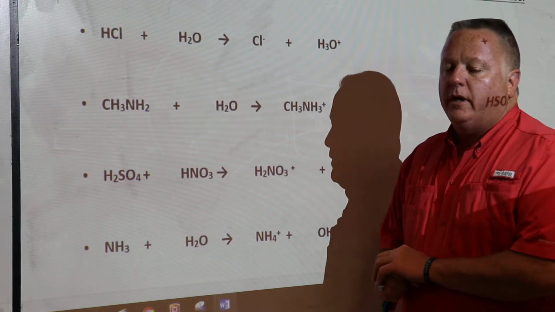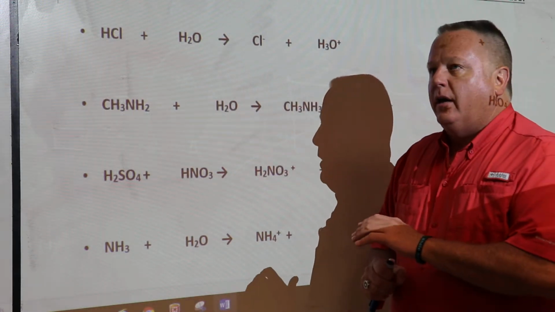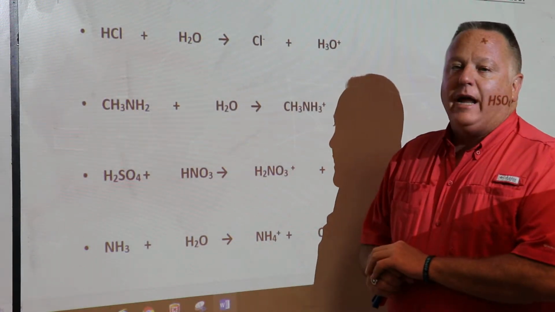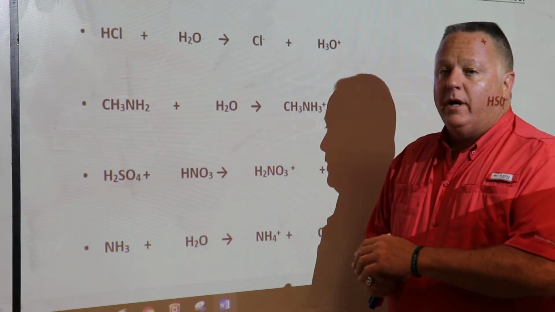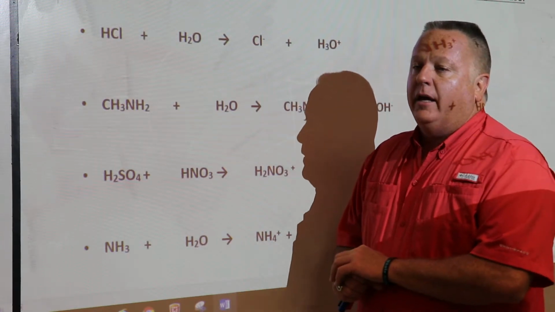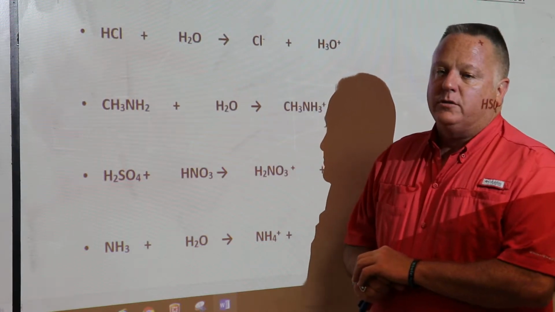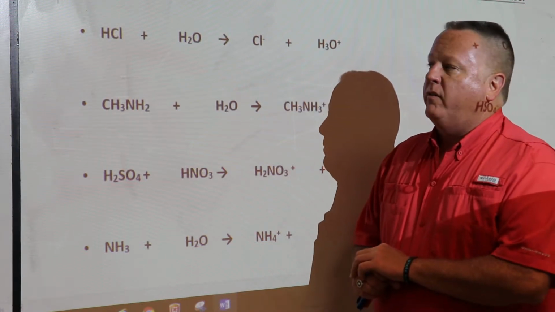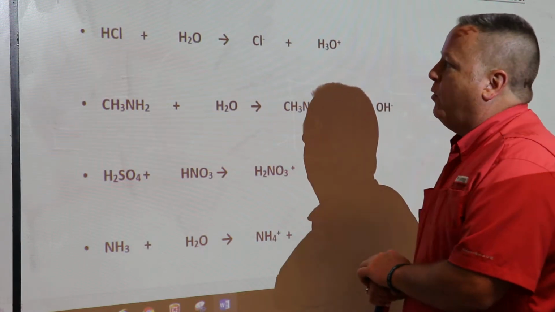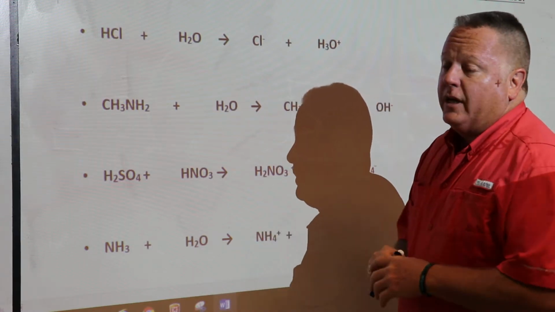And if you remember, take a look in your notes, a Bronsted-Lowry acid has to donate a hydrogen, and a Bronsted-Lowry base has to accept a hydrogen. So we're just going to focus on the movement of hydrogen. So if you take a look at what we have here, first off, let's just kind of nail a couple